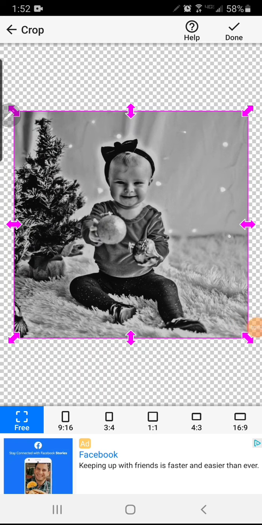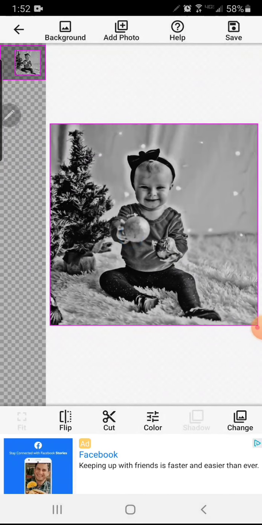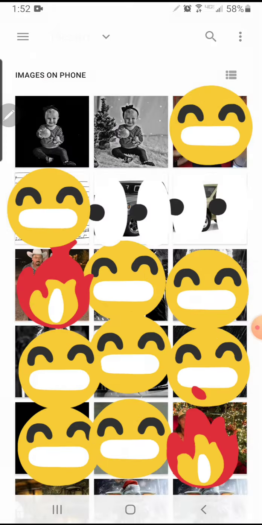So now we're into the Photo Layers app, and I loaded that initial save file where I'd got the background to all the color and texture I wanted. Now I'm going to add in that last one where it was just the baby cropped out. So go done, then you go up to the top, add photo,